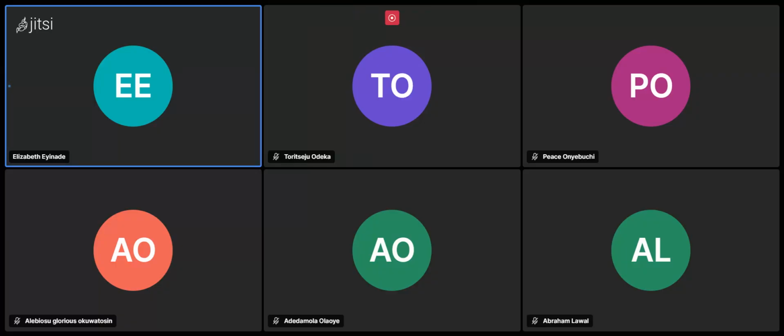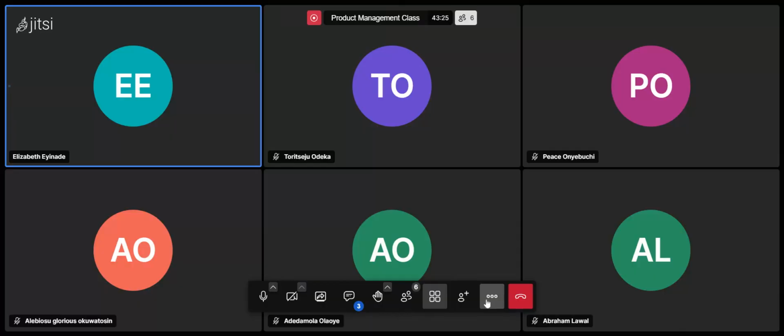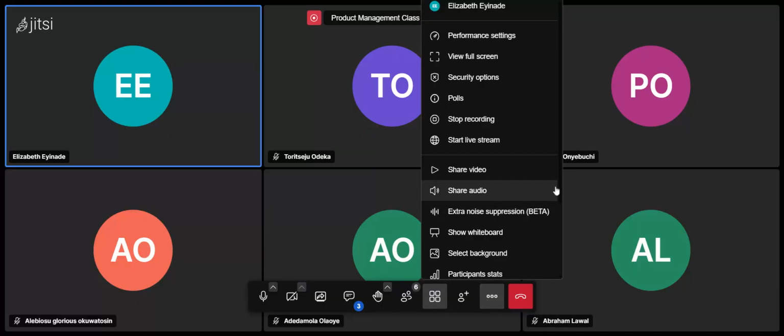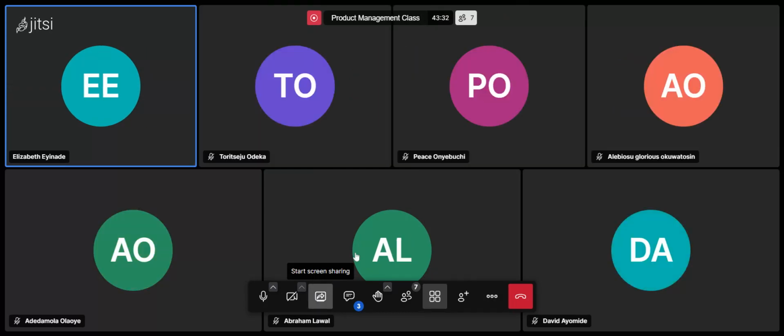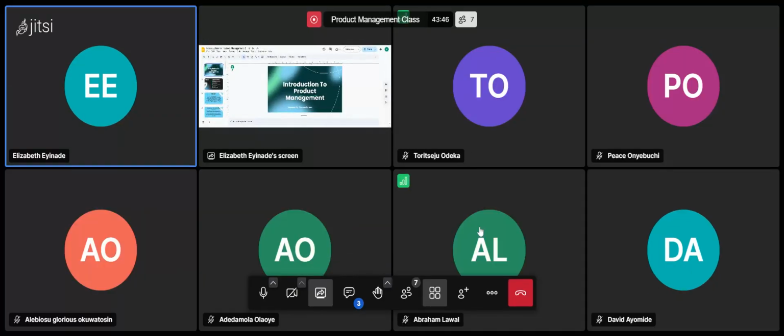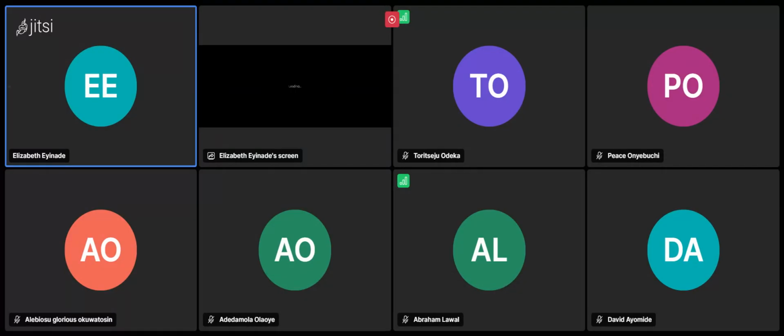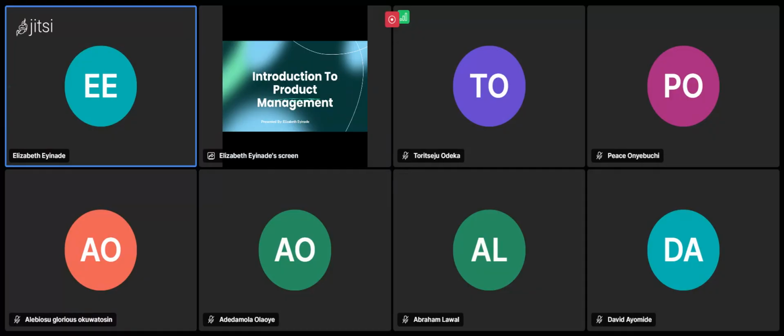Do well to confirm when you're able to see my screen. Can you see my screen?